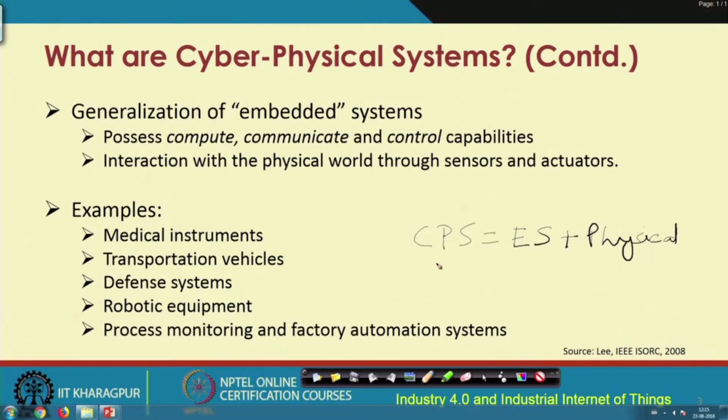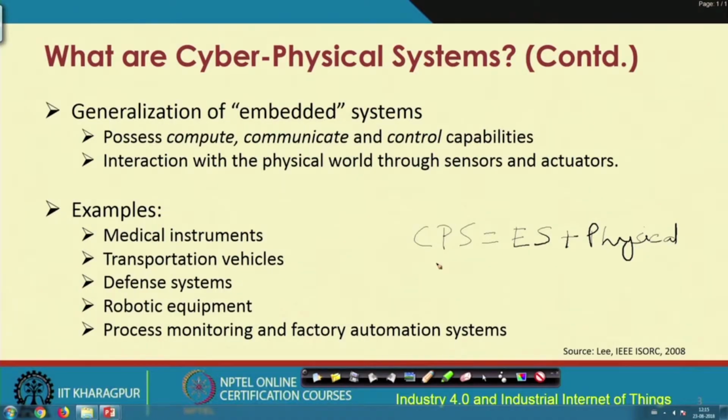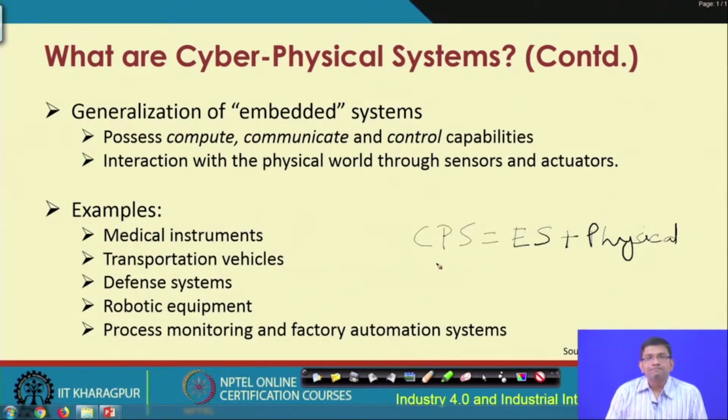So, what is an embedded system, in case you do not know already? Embedded systems are basically found everywhere. You have some kind of software that is working on some kind of hardware, so the software is embedded in the hardware. Embedded systems are found a lot in cars, that means vehicles. These are found in aircrafts. Embedded systems are found everywhere. Nowadays, embedded systems are enabling technologies for making systems smarter, and that is why these embedded systems are very popular.